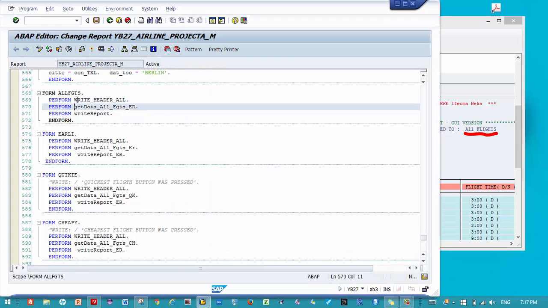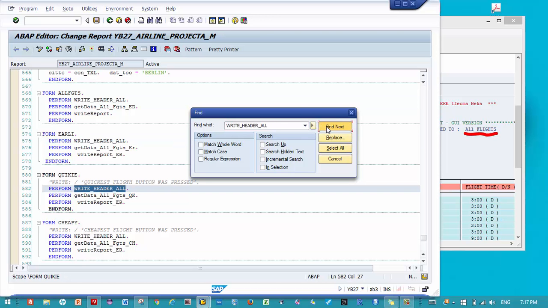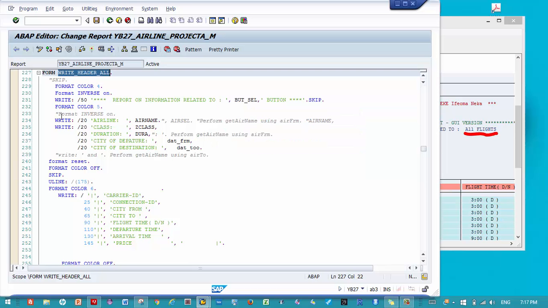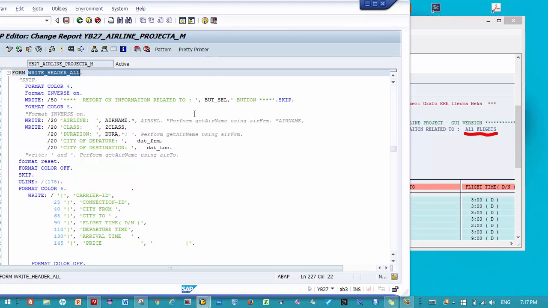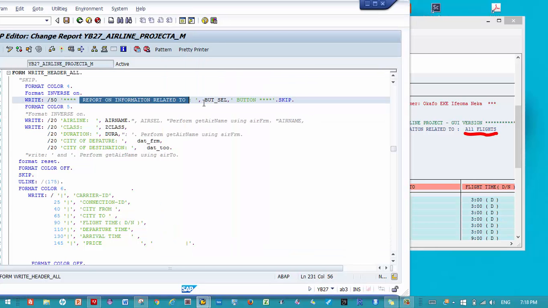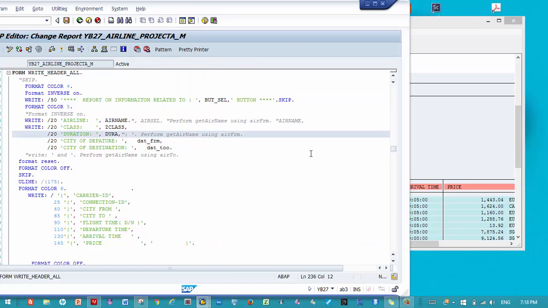And so we can go to write header all, control copy, control F again. I should just make a note of the lines, code lines. Okay, so this is what happens here. We toggle the color of the text, and we say report on information. See here, report on information related to bought cell button. So bought cell is a variable, and it stores the name of the button that was selected, which I showed earlier. And then, when we look at the report here, we have here the bought cell button. Okay, I'm moving on,